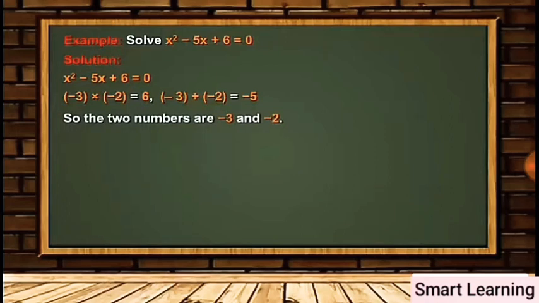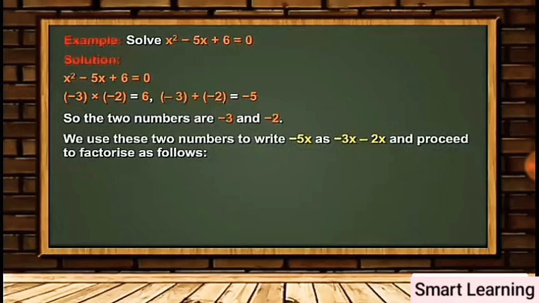So the two required numbers are -3 and -2. We use these two numbers to write -5x as -3x - 2x and proceed to factorize as follows. x² - 5x + 6 = 0, which implies x² - 3x - 2x + 6